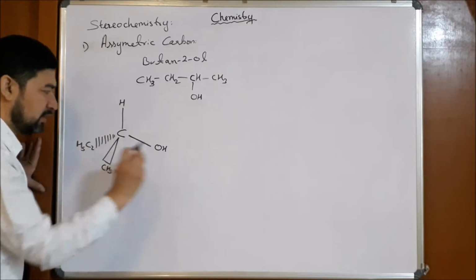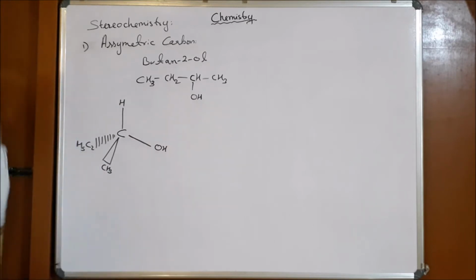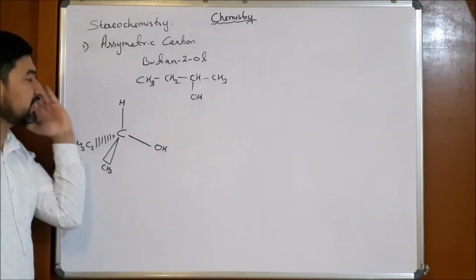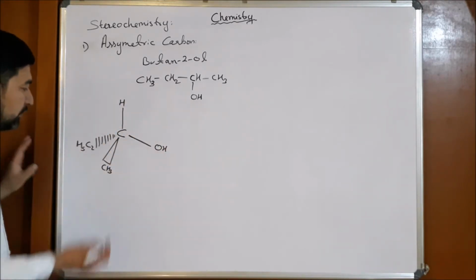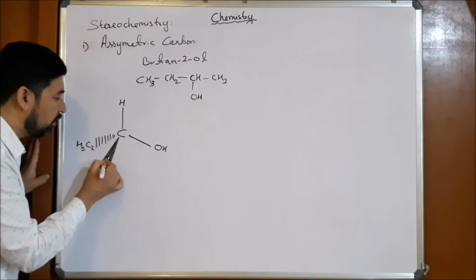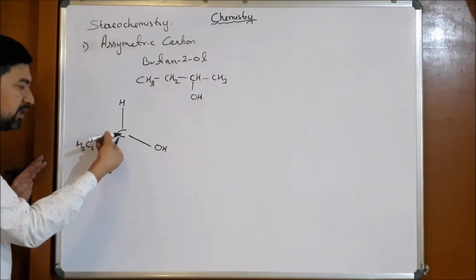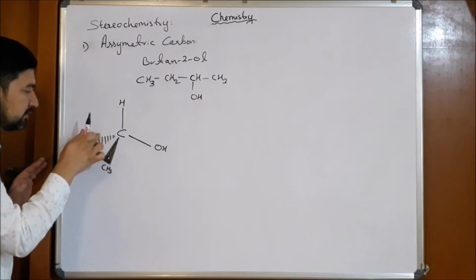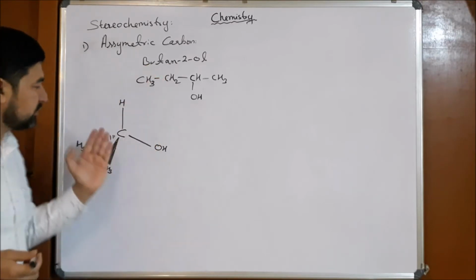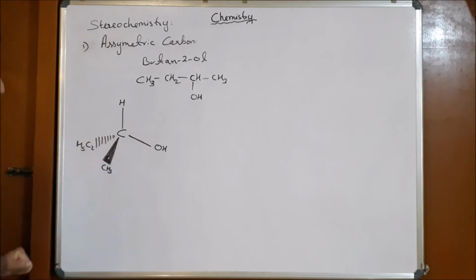If I place the carbon here, the OH group here and the H here, they are in the same plane. If I cut with a knife, these 2 atoms and OH will be cut, right? Now what will happen to this CH3? Normally we write it in this format, a bold line. This is above the plane. This broken line is below the plane, so it goes back from the plane. We call it below the plane, above the plane, and these 2 are on the plane.